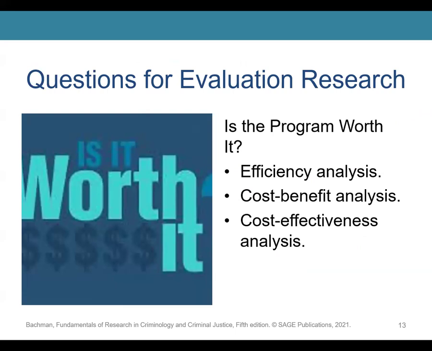Efficiency analysis is the type of evaluation research that compares program costs to the program effects, dollars to hours type of thing. How much was spent to change a particular habit or influence something in that way? It can be either a cost benefit analysis or a cost effectiveness analysis. You can call it one of two things. Either way, they're looking at the comparison between the financial records, the financial money spent, versus the anticipated change that you were trying to